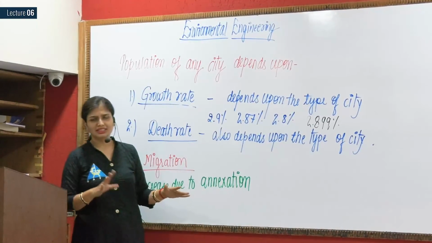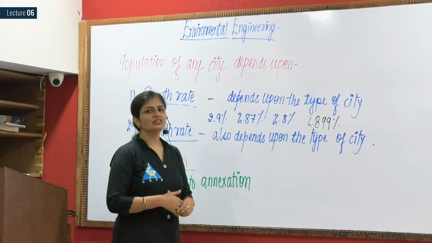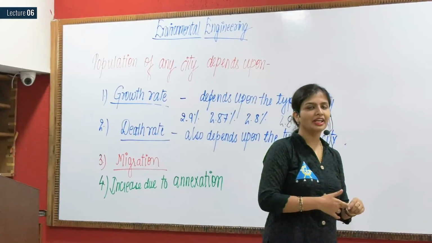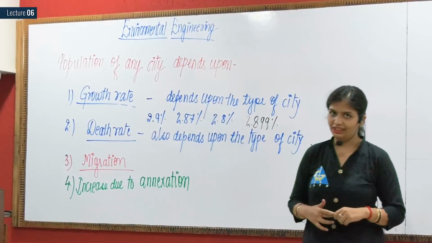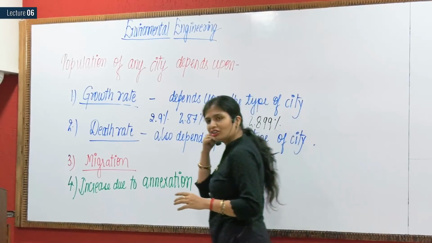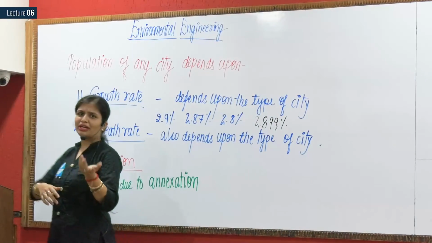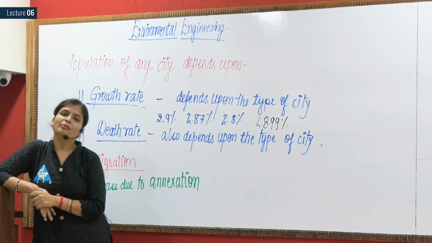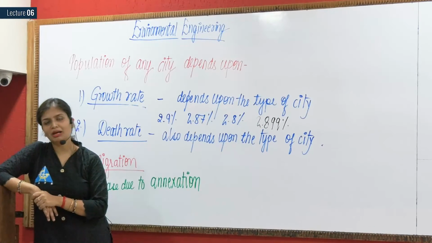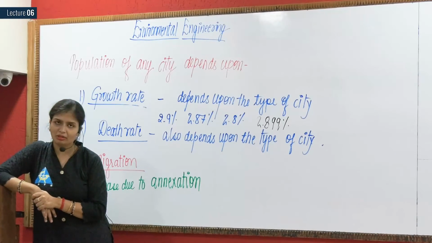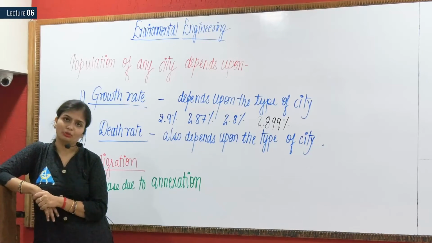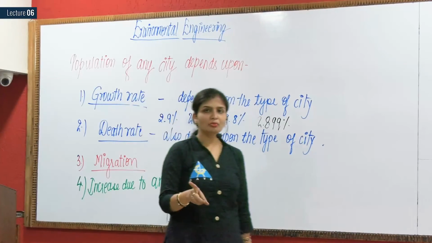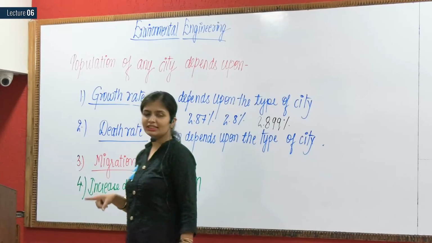Now, one thing more, just on a general basis, see any sorts of diseases, pandemic, epidemic, if it occurs, fine, it also affects the population of a city. The thing is, although we don't consider it, because generally this pandemic occurs once in 100 years, but if on a broader sense you ask me, ma'am, does pandemic, epidemic affect the population of a city? Yes, they do. Emergency situations and pandemic, epidemic affect it.